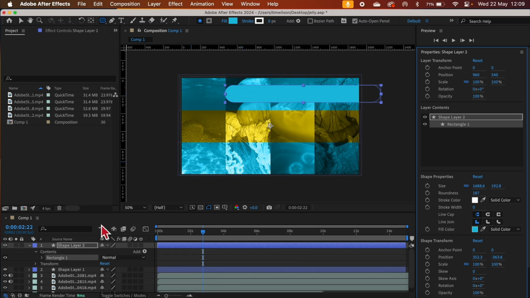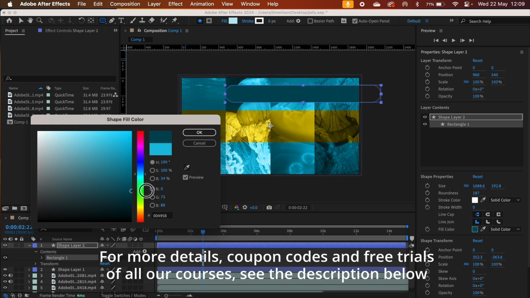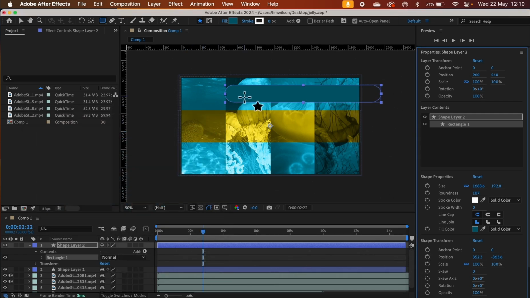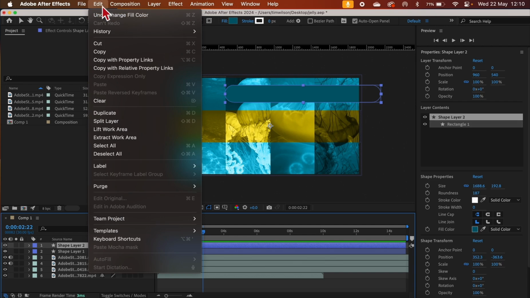If you want to change the color, that's absolutely up to you. You can go up there, pick any color that you like. I'm going to use the same blue that I had, but I might go a little bit darker on there. Just adjust it until you feel happy with what you've got. Now that's the first one, and we're going to have 3 versions of this. So the fastest way for me to do that is to take this layer. So I've clicked on this layer. I'm going to go to edit and copy,